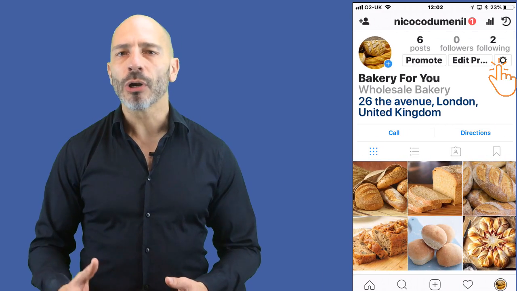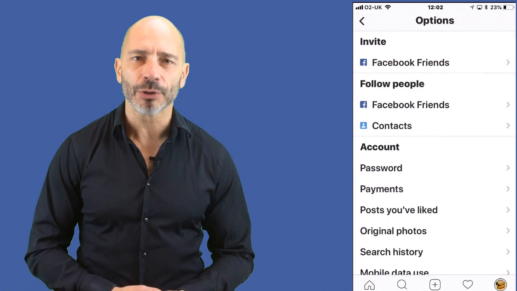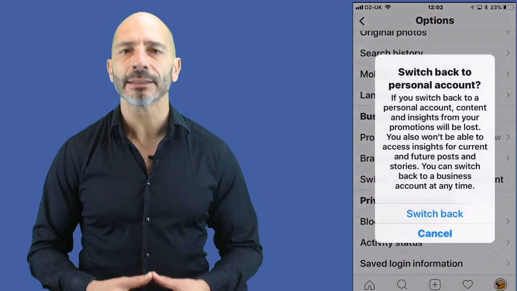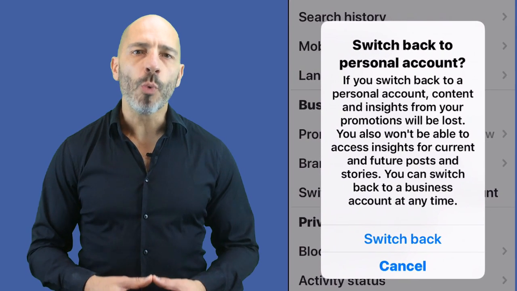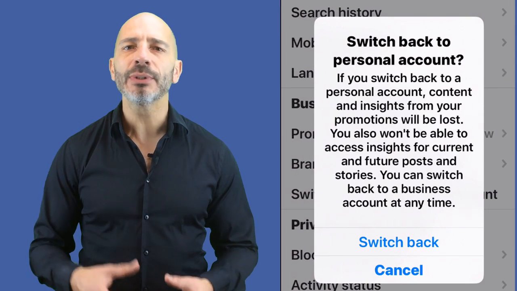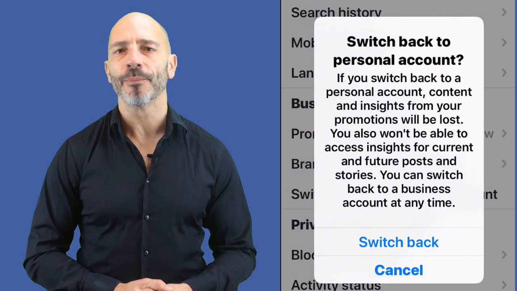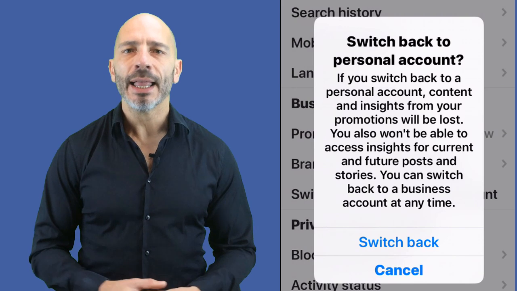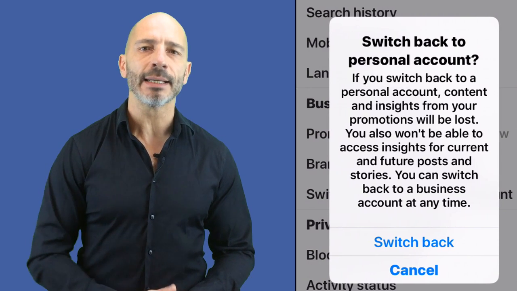If you still can't see your new category, try this. Switch from Instagram business account back to a personal account, then back to business again. Tap the cog on the top right of the Instagram screen. Scroll down and tap the Switch Back to Personal Account option. You should see a warning message saying you will lose insights from previous promotions. If you are happy with that, tap the Switch Back option, then repeat the process of setting up a business account. If that fails too,